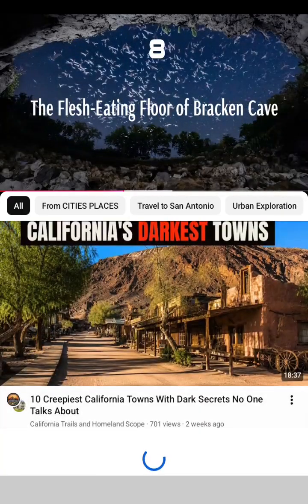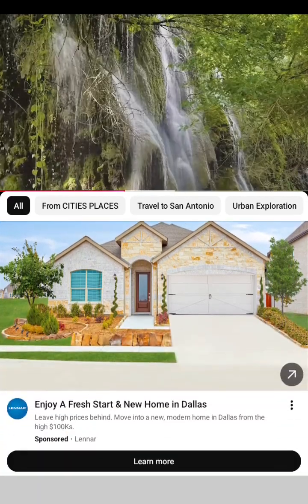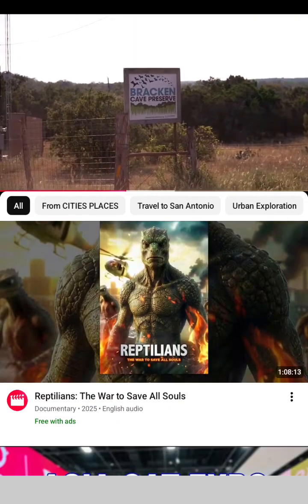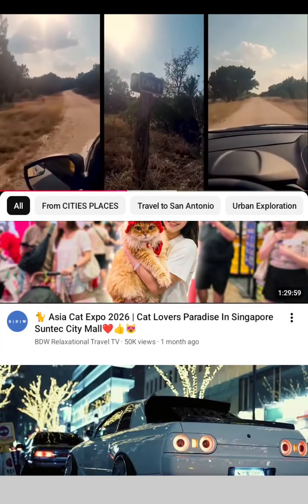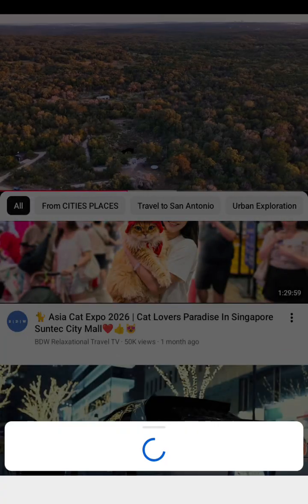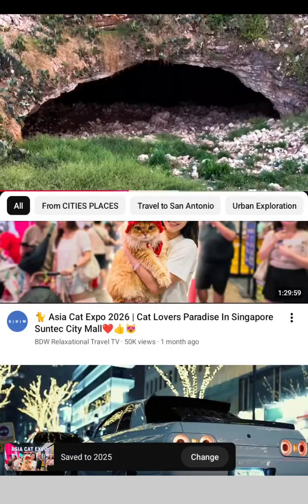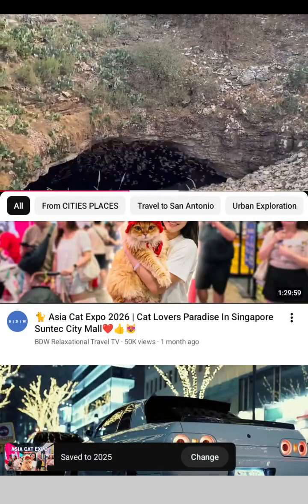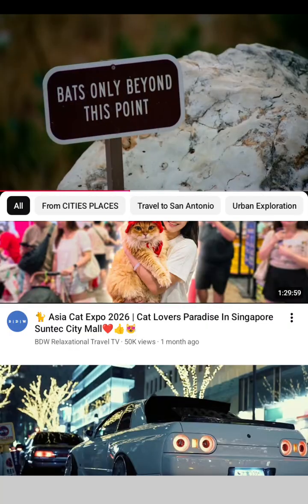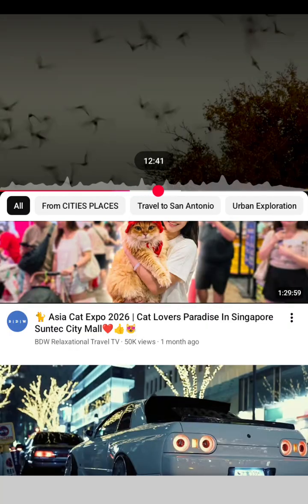8. The flesh-eating floor of Bracken Cave. Texas pride is tied to our vast wildlife, but just outside San Antonio city limits rests a breathtaking geological wonder, where entry inside the subterranean abyss is completely forbidden. Bracken Cave serves as the summer home to over 20 million Mexican free-tailed bats, making it the largest concentrated gathering of mammals anywhere on the planet. While tourists can buy restricted tickets to view the magnificent, swirling